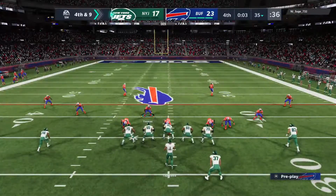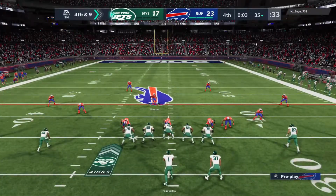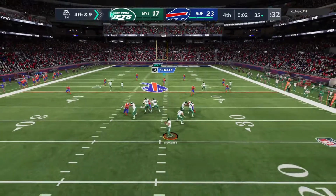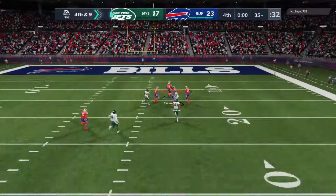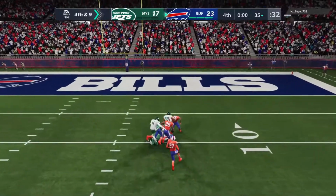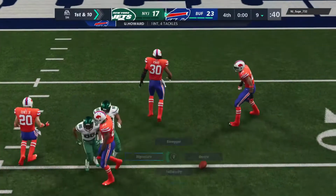So down 6, and they know they need this one on 4th down. One final try for Tagovailoa. He's going to let it fly. And a crusher there as it's intercepted. Picked off inside the